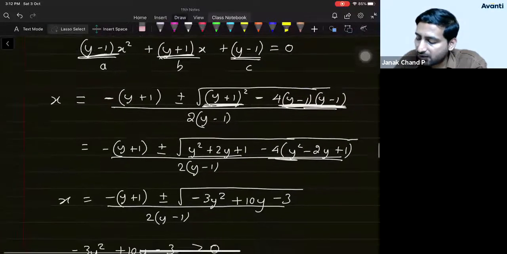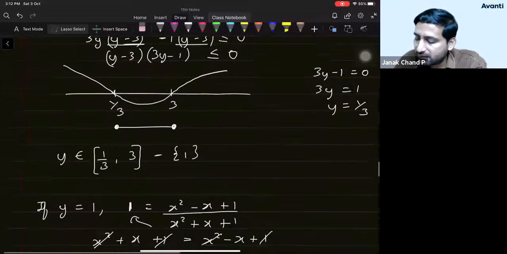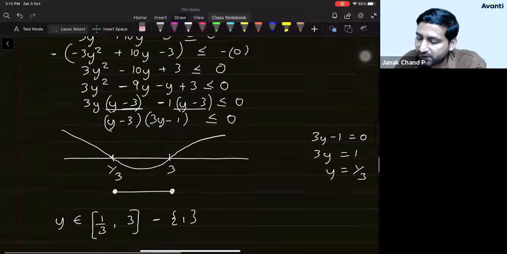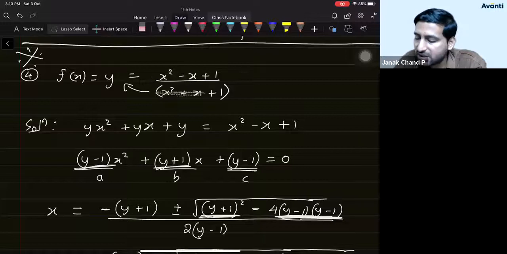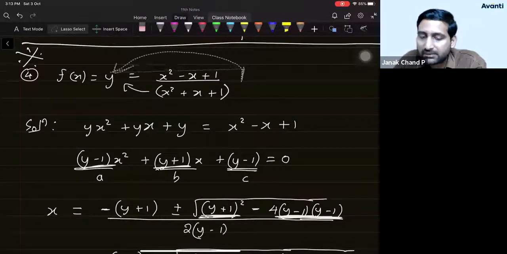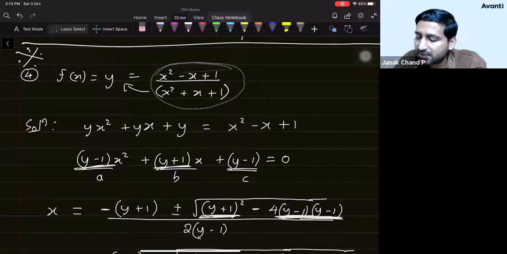Now, as you can see here, student, when x is equal to 0, the y value is 1. If you look at the question carefully, if I put x is equal to 0, these two will become 0, and even these two will become 0. We would only get 1 by 1, and that is, student, 1. Obviously, 1 is a possible value of y. Now, range is nothing but the collection of all the possible values of this expression, which is basically y. And when I put a specific value of x is equal to 0, this expression will become 1. Hence, one of the outcomes of this expression is 1 also. So in the final answer, that 1 should be included.